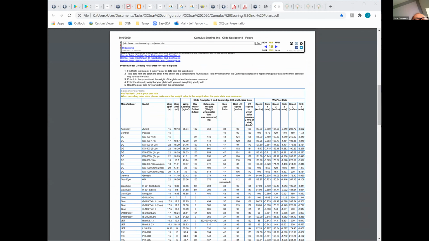Hi there, Jeff. Just on the basis of trying to generate your own polar, that's something I might want to do because the Woodstock with the engine stuck on top probably is not going to be represented by anything much I can find in the polar file. So I've got to degrade something or create one.